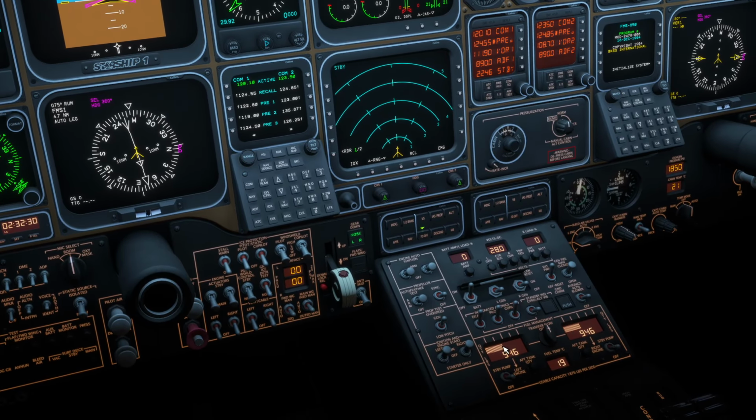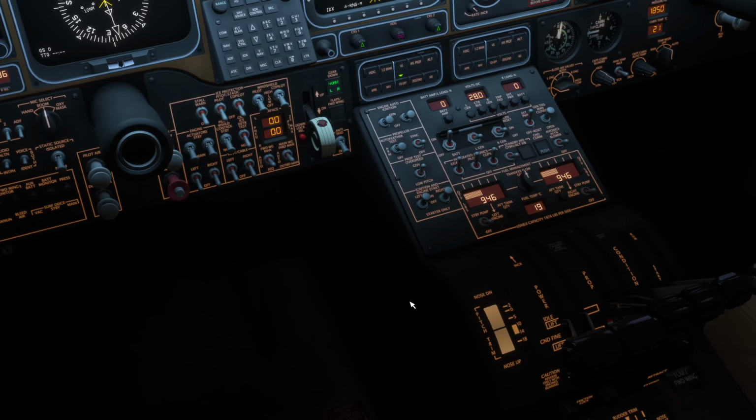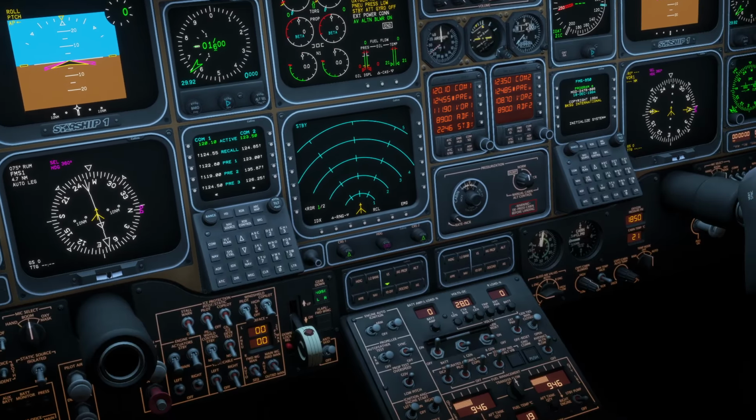Okay, and I think we're still on external power, so we're going to want to keep our props feathered. And there we go. Make sure they're in the feather position. Make sure our fuel levers are in cutoff, and they are. Turn on anti-skid. And then I'm going to turn on the inertial separator, or activate it because I want to, and I'm going to turn on the blower here and the standby gyro. Okay,